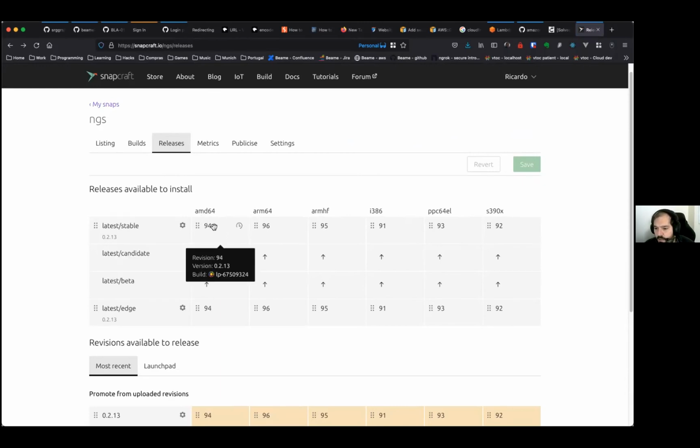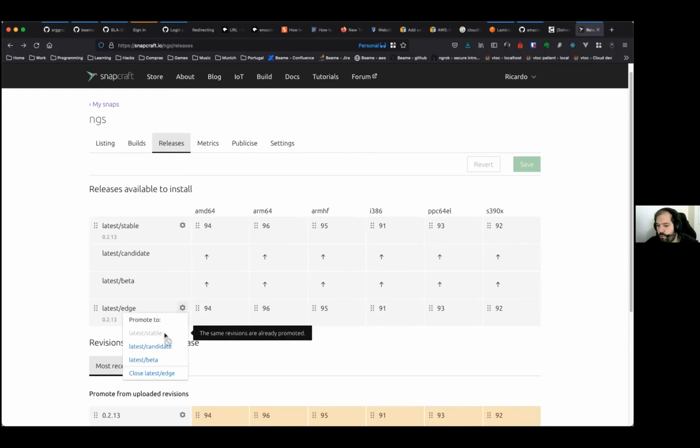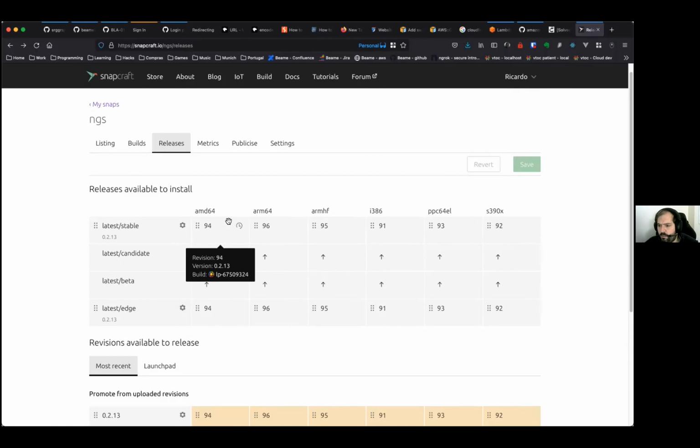And why do we use their build system? Because their build system automatically builds for all the types. We could do this also on GitHub Actions, but we would have to care about all the types exactly. That's why they automatically build always to the edge every release that you do, and then you just need to come here and say promote. They run the tests, right? Also, like in the end. I'm not sure, but I think so.